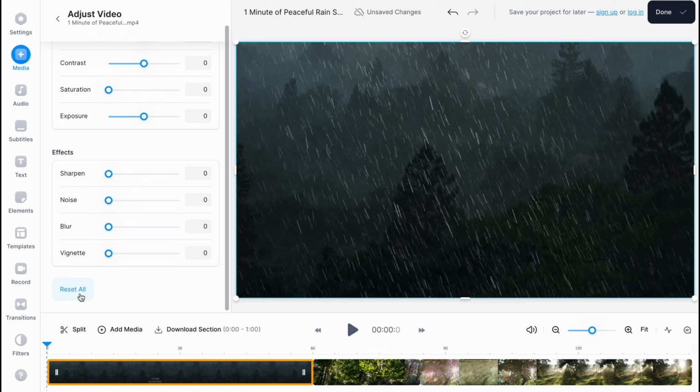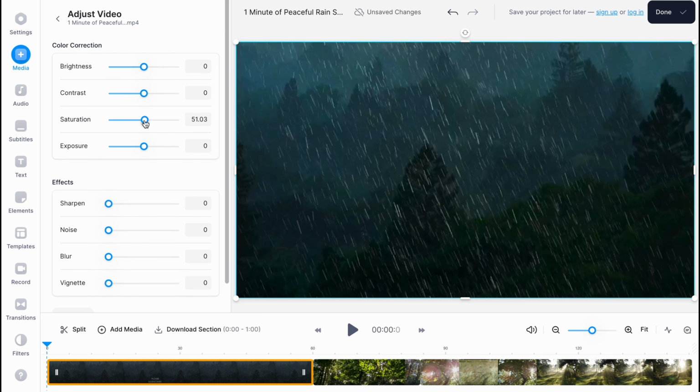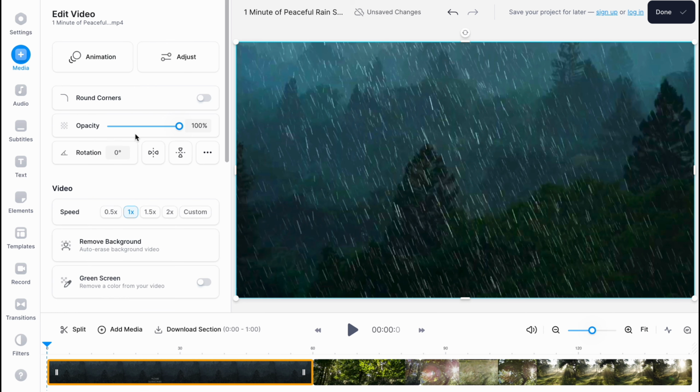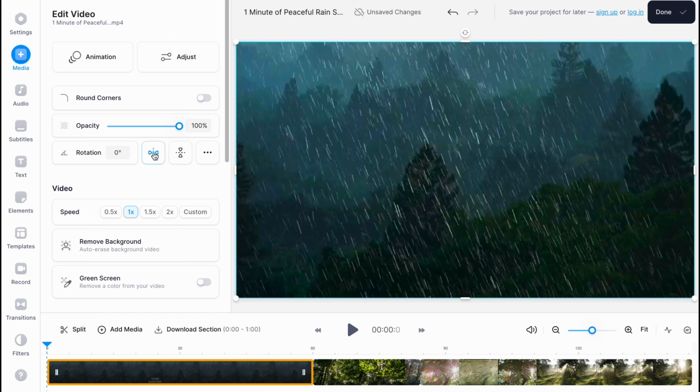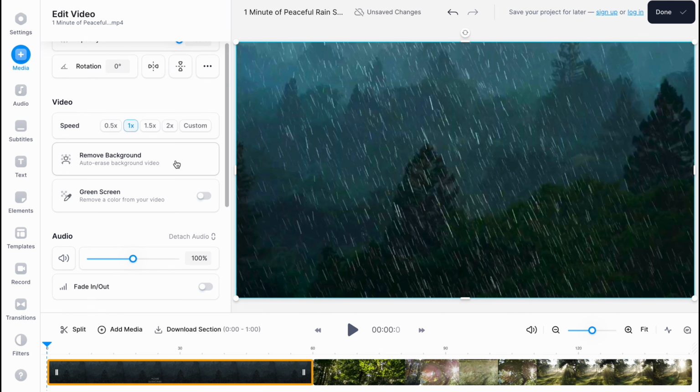Also, if it's necessary, we can reset all these stats. So I'm going to adjust some saturation and the brightness. Let it be like this. Also, we can change the round corners if it's necessary, change the opacity, add the rotation, we can flip horizontally, flip vertically, and so on. Also, we can increase the speed, we can decrease it, make it faster, make it slower, and sometimes it's necessary,